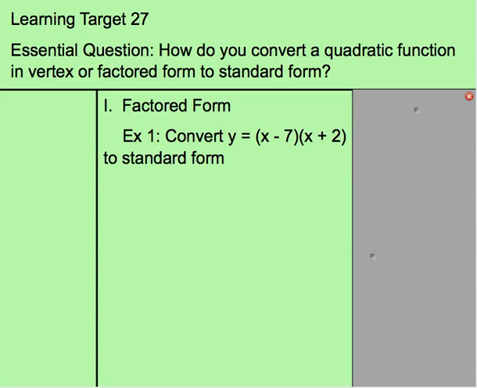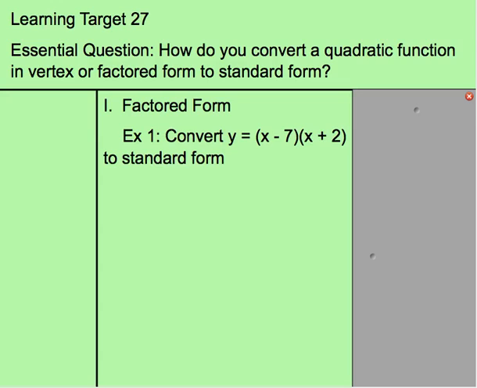So far we have looked at vertex form and factored form. If you remember all the way back to Monday with our vocab, there's a third form of a quadratic called standard form. So I want you to understand the relationship between vertex or factored form and standard form. So today we're not going to graph, we're just going to convert or change our factored form or vertex form